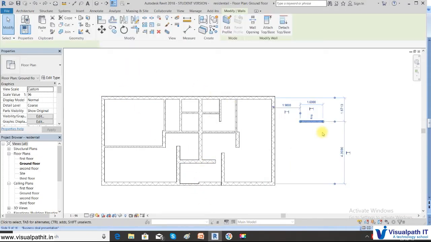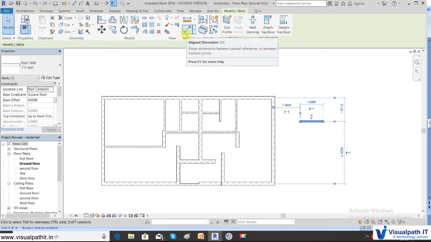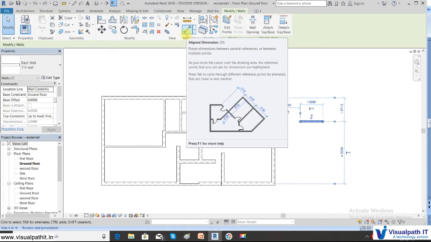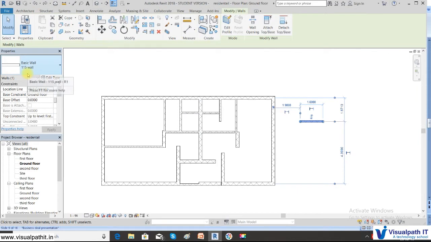Now here I have a small wall which I want to rotate. Since we have not learned the other elements, the modify command is being taught on the wall. But these modify commands are general commands which can be used for any element, say furniture, anything. So these are the common tools which you may require. So we are teaching on the wall element.